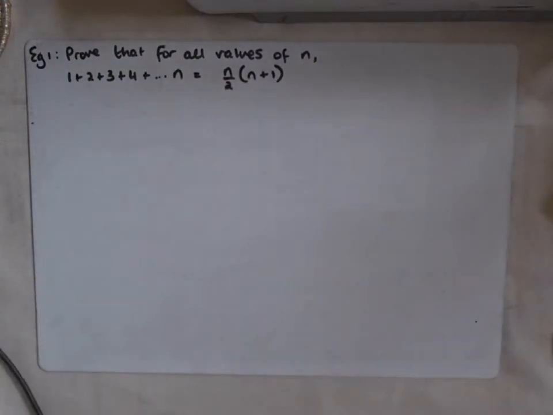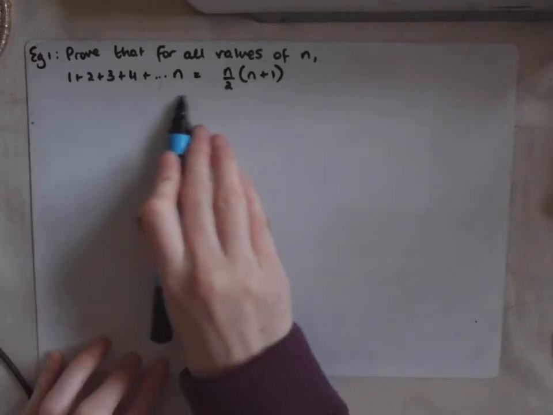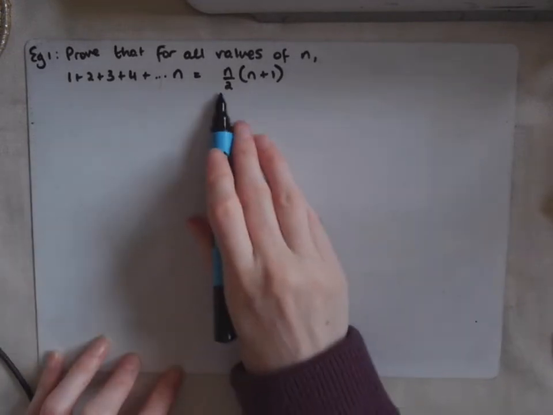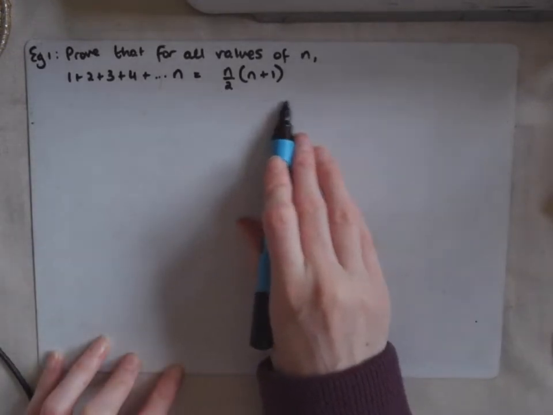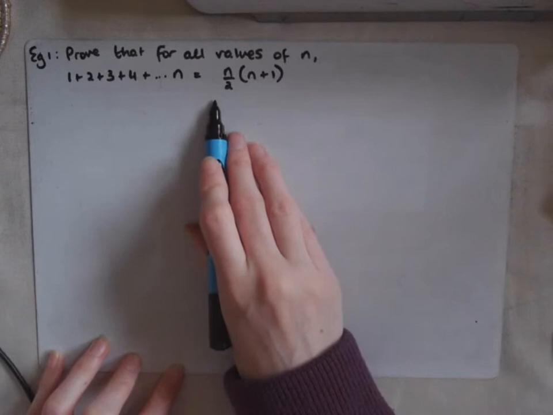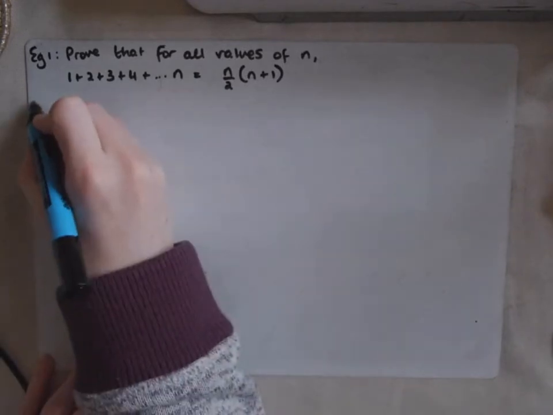So this is the question. Prove that for all values of n, 1 plus 2 plus 3 plus up to n is given by n over 2 bracket n plus 1. So they're saying if you were to add all these numbers up to n, you would be able to use this formula and get the same answer. So our proof,